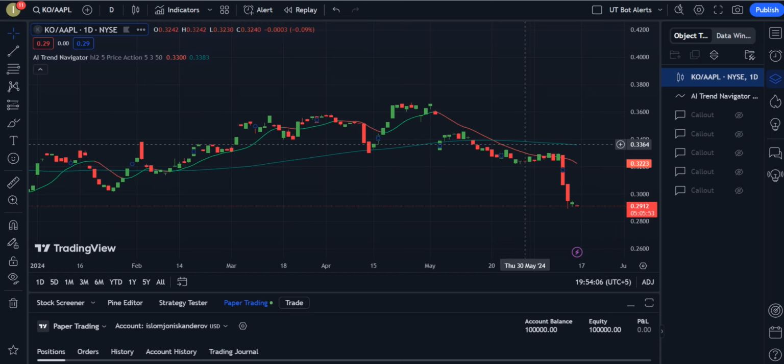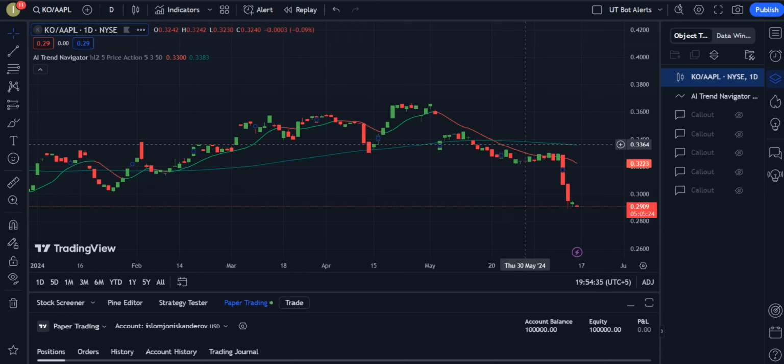Hello everyone. In this video, I will explain how to obtain additional shares of Coca Cola stock by trading the Coca Cola to Apple pair of stocks. By trading based on the price ratio of Coca Cola to Apple, we will obtain additional shares of Coca Cola. And what does it mean, the price ratio of Coca Cola to Apple? It means the price of one share of Coca Cola stock divided by the price of one share of Apple